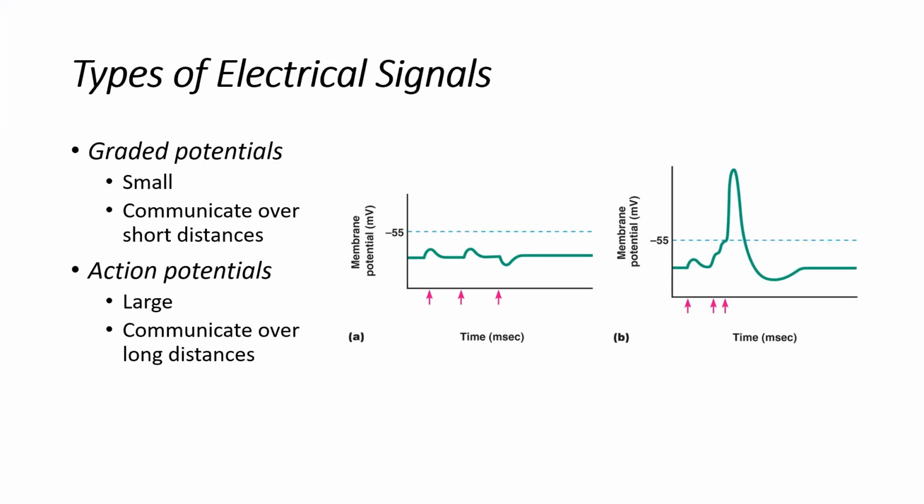So a graded potential is really a type of electrical signal. It is a small electrical signal. It's communicated over a very short distance. It's just a little blip in the membrane potential, okay? It can be a positive or a negative change. So it can be an increase in that value, becoming more positive. It can be a decrease in that value, as we can see here, becoming more negative. And so it's really small, it isn't sustained, it doesn't communicate over any length of a neuron. It's just a very small blip in the membrane potential change that is not sustained,